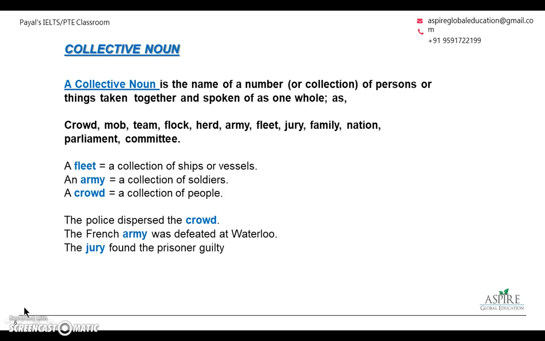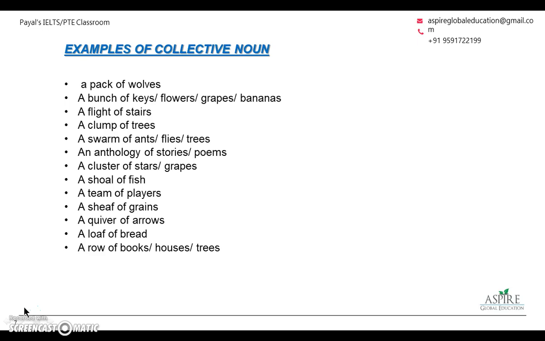Let's try to understand how to use them in sentences. The police dispersed the crowd. The French army was defeated at Waterloo. The jury found the prisoner guilty. A few examples of collective nouns are given: a pack of wolves, a bunch of keys, flowers, grapes, a flight of stairs, a clump of trees,